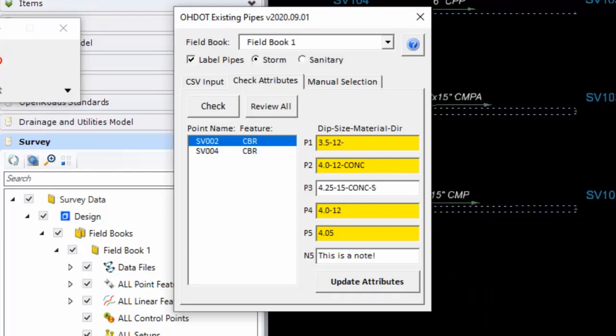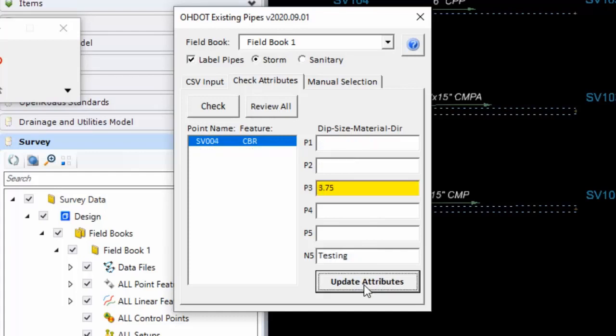So I'm going to go ahead and enter that information. So maybe that's a CMP to the north, let's say. And as soon as I enter that, it's going to check that format to make sure there's 4 values, and it clears that for us. So the next one, maybe this one goes to the east, and then I've got one to the south. And maybe this is just bogus information, so I'm just going to delete these 2 out. So once I've made my corrections, I can go ahead and update attributes. And what that does is just write these attributes back to the survey point that's stored in our field book. So I'll go ahead and update those attributes.